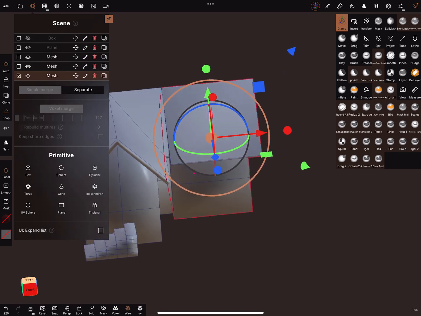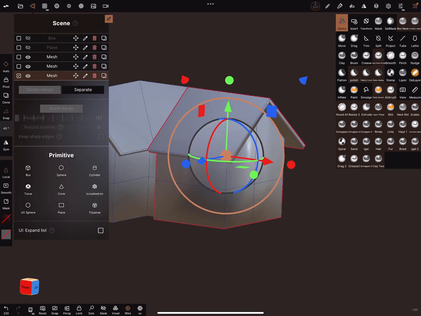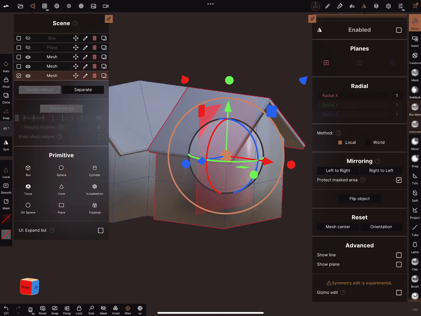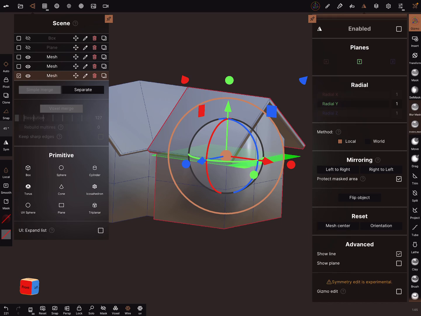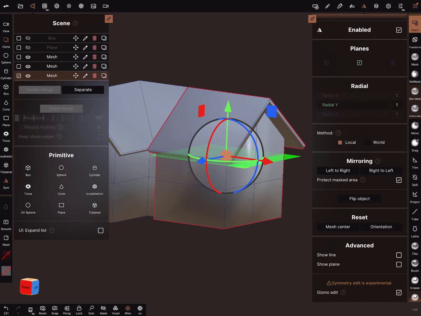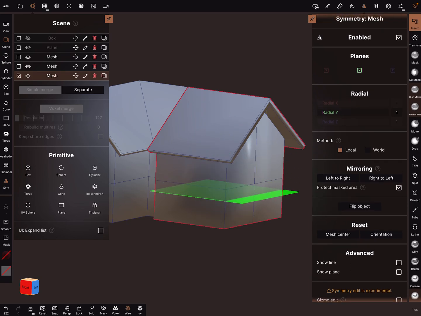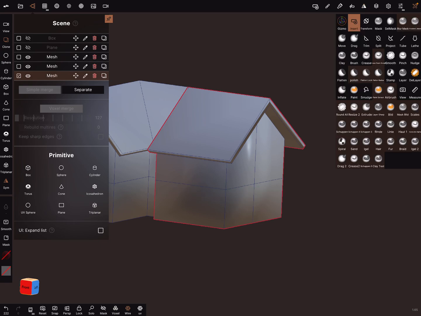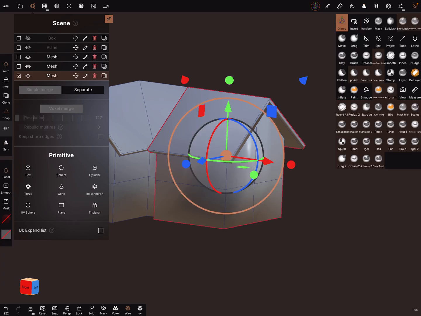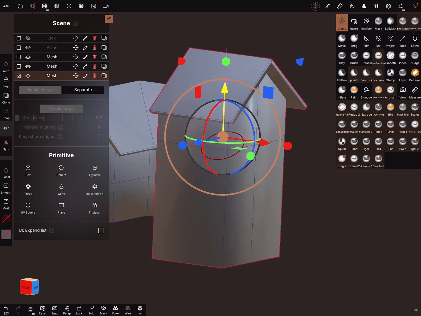And it's also possible to use the symmetry here when you choose a local symmetry and the Y-plane, gizmo edit on, bring the gizmo in this position, and now you can use the gizmo symmetry on, and you can scale it.